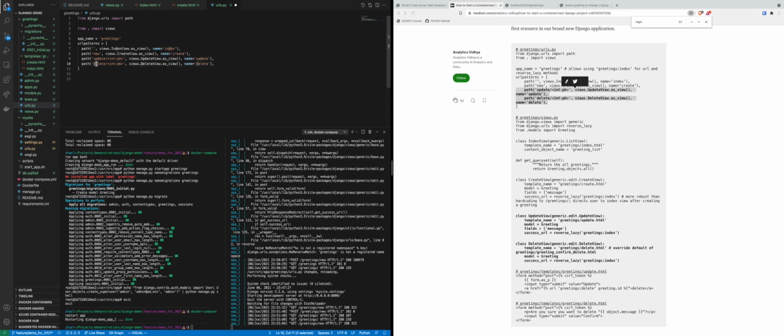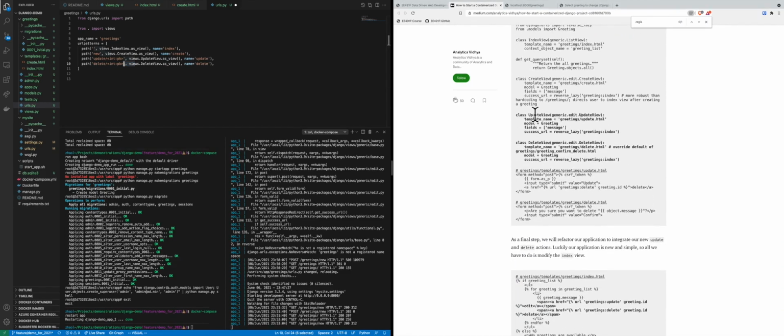And similarly in delete, if we're going to delete a greeting, we need to know which greeting we're deleting. So we're going to use the primary key or the ID of the greeting so that our app knows which one to delete. And also that's the easiest way to map an action to the ID or primary key of a greeting, of a row in your database table. So those would work. And then we need to create our